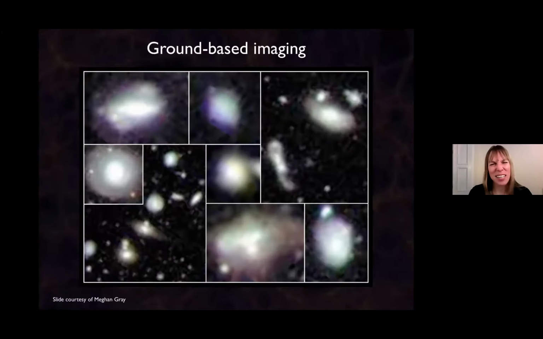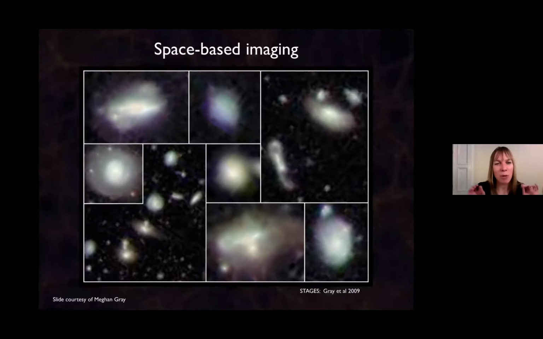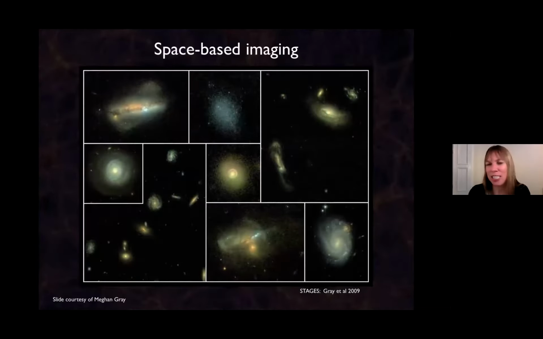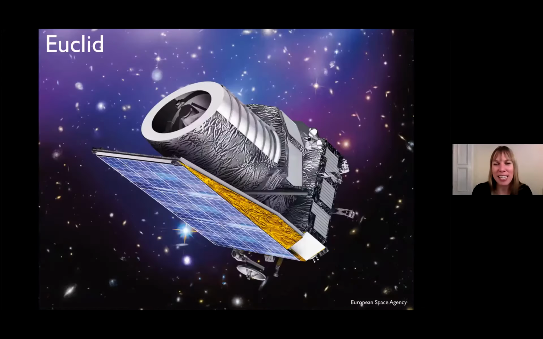What the galaxies look like though from the ground, okay? The atmosphere really messes everything up, and if you're looking for those tiny distortions that dark matter introduces, you need to go into space. And that is exactly what we're going to be doing. We are launching the Euclid Space Telescope in a couple of years. And it's going to be the combination of both the Vera Rubin and the Euclid Telescope, from ground and space, that is going to give us the dark matter maps that I've shown you across the entire sky, and looking at how that's changing with time, to confront all of these different theories about what dark energy is, what dark matter is, and how that's evolving in the universe.